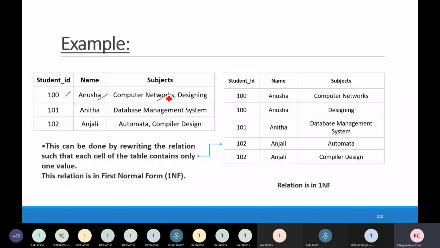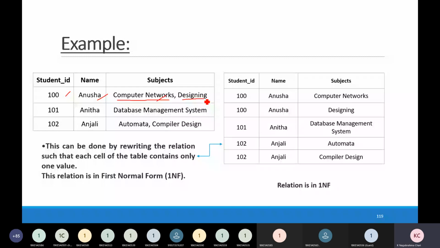Here Anusha took two subjects, computer networks and web designing, and Anita is assigned only one subject, DBMS. Anjali is assigned two subjects, automata and compiler design.